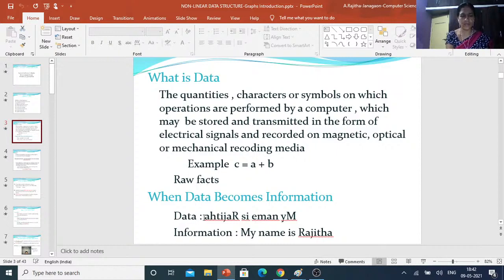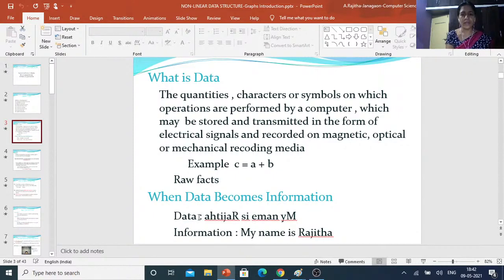Suppose here you can observe some letters A, H, T, I, J, A like this, in some jumbled form, some collection of characters. This collection of characters is also called data. It is in an unintelligible format, which is not understood by us.